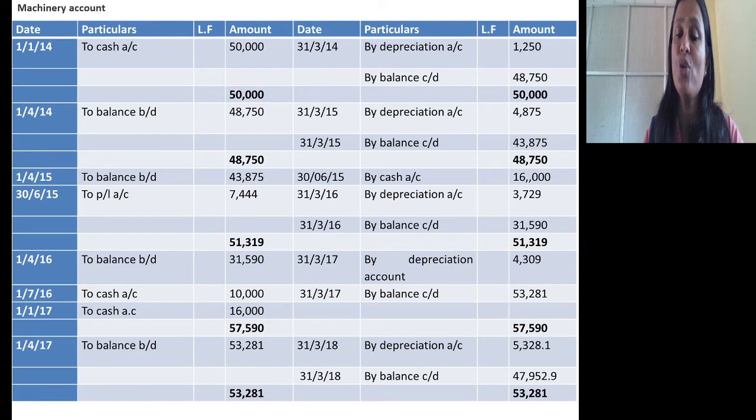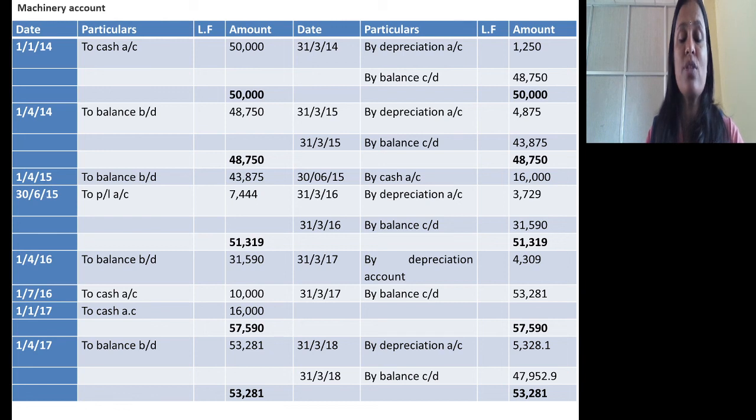This is the year of sale of the 10,000 rupees machinery. When you sell it, you are going to receive cash and machinery gets reduced on 30th/6/2015. Journal entry is cash account debtor to machinery account 16,000. This sale results in profit. Whenever there is a profit, it should be debited to the concerned asset account and credited to profit and loss account. That's why I am debiting the asset account and crediting profit and loss account by 7,444. I am charging depreciation. Look at this. This depreciation is full year depreciation of the 40,000 and 3-month depreciation of the 10,000 which was sold. Then the balance is 31,590, representing the 40,000 which will be with us.